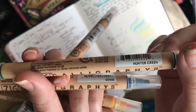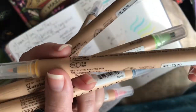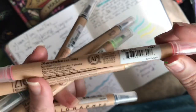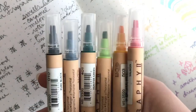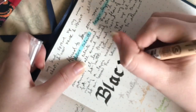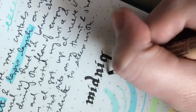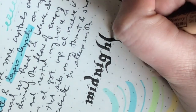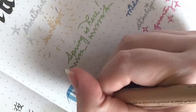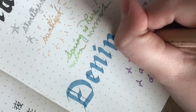And then, last set of pens, I got these calligraphy pens, or calligraphy markers, I guess it really is what they are, because they're not fountain pens. But they are broad-tipped, flat nib markers in a range of colors. I got 6 colors, and these are the same color on each end, but they're different sizes on each end. So there is, let's see, pure black, denim, hunter green,